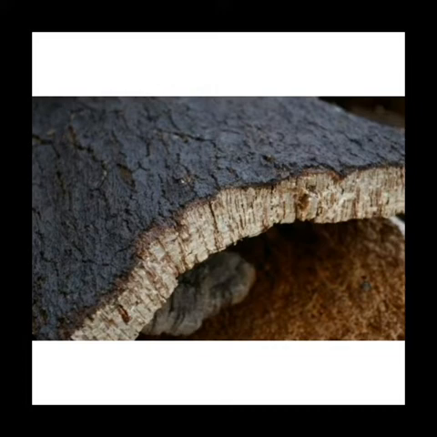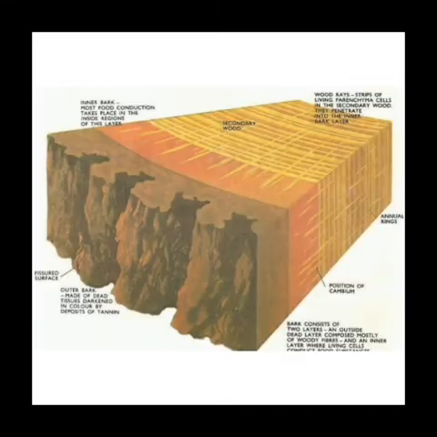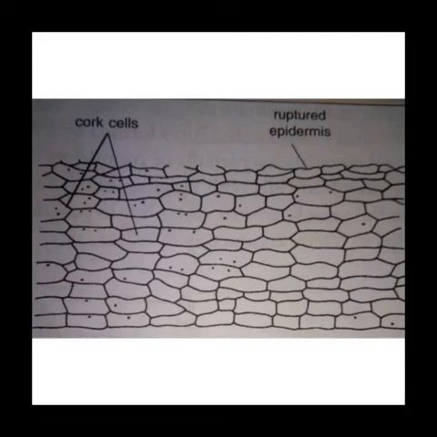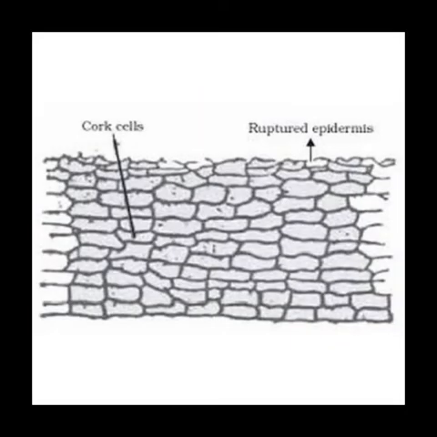Many cells are formed towards the outer side from this meristematic layer. Thus, the several-layered thick cork or bark of a tree is formed. The cells of cork are dead. They are compactly arranged without intercellular space. The cell walls of these cells remain lined with a chemical substance called suberin that makes cork cells impervious to